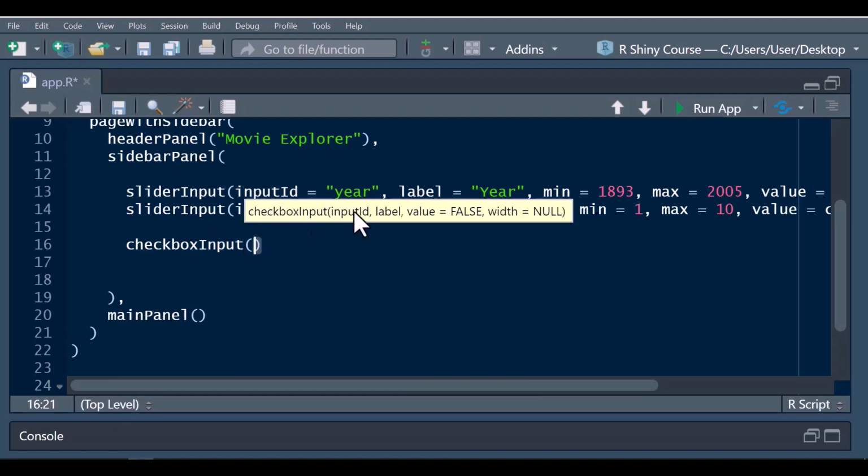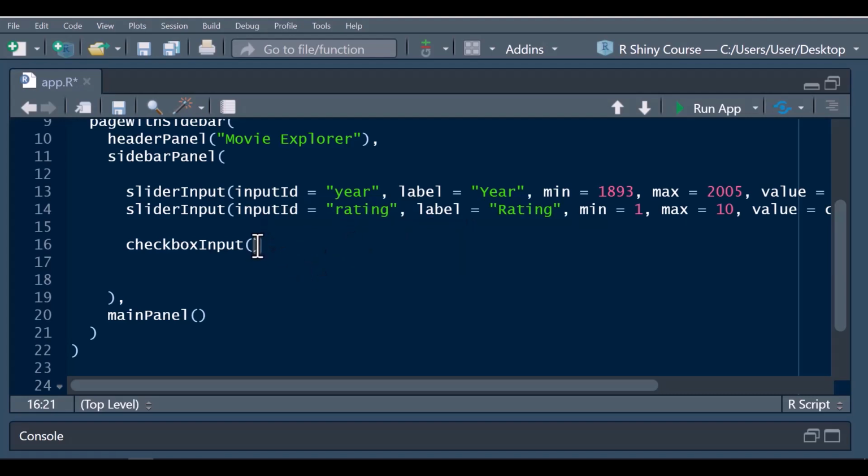So the checkbox takes the input ID, just like I've explained in the slider input and numeric input. It has a label and it also has a value. So this value is usually binary, either true or false. So that is what I'm going to be using. I'm going to be using the default value of false, which will make the checkbox unchecked. So when we tick the checkbox or we give a default value of true, the checkbox is going to be checked. So now our first checkbox, which is going to be action, input ID,